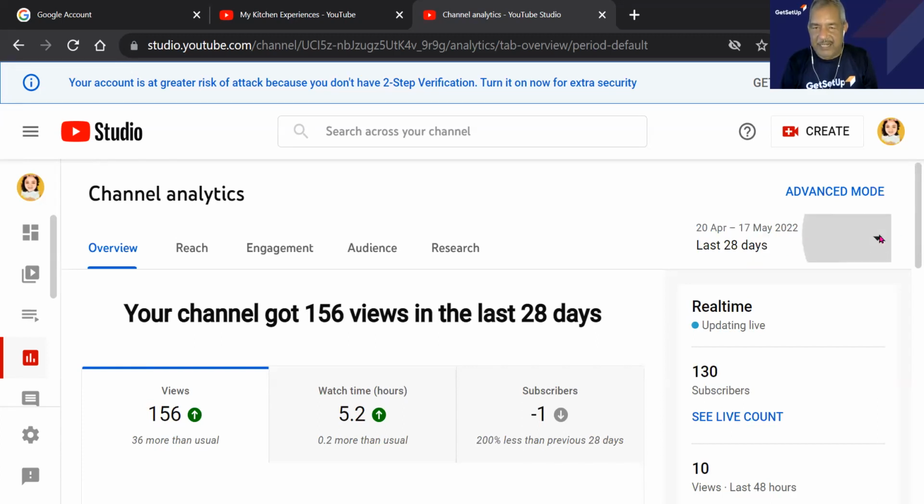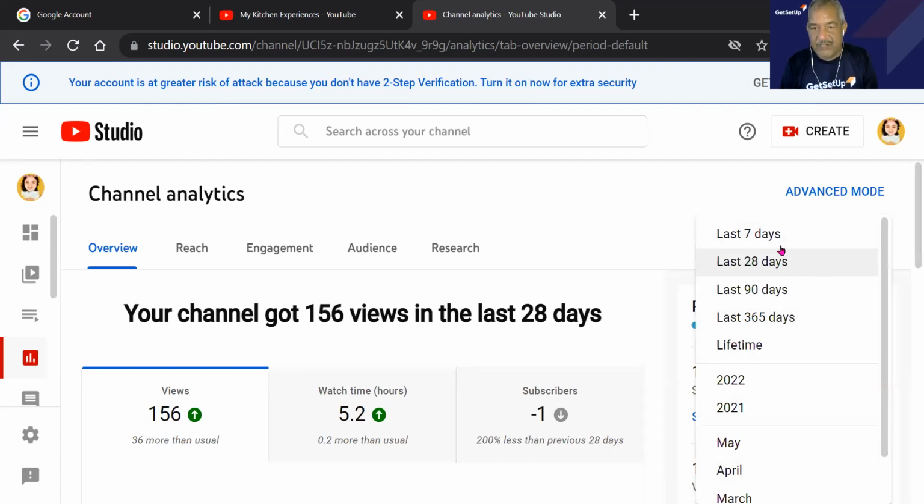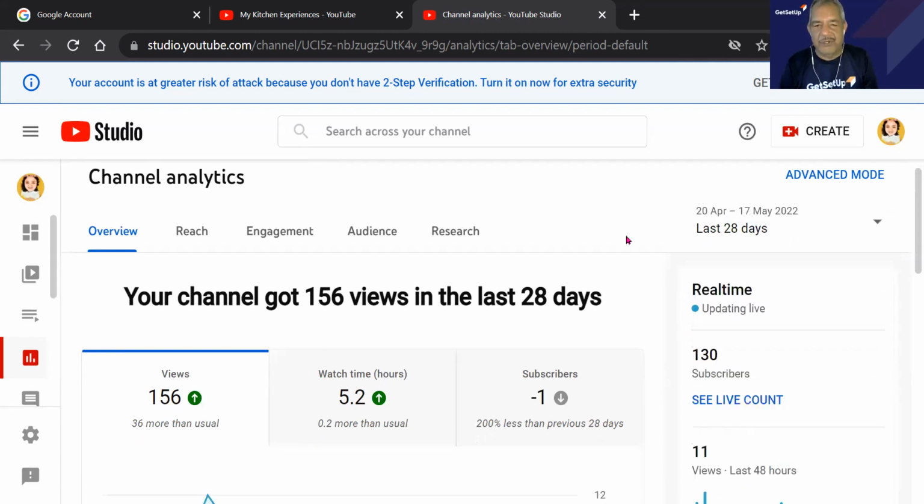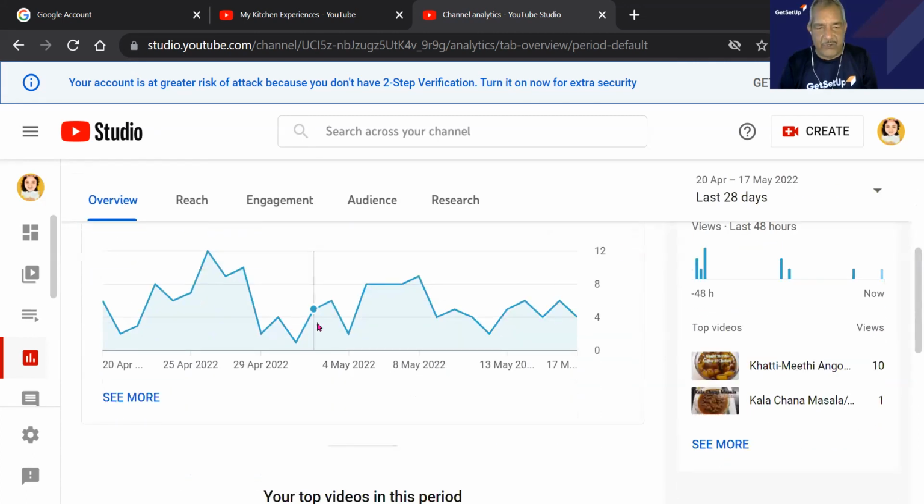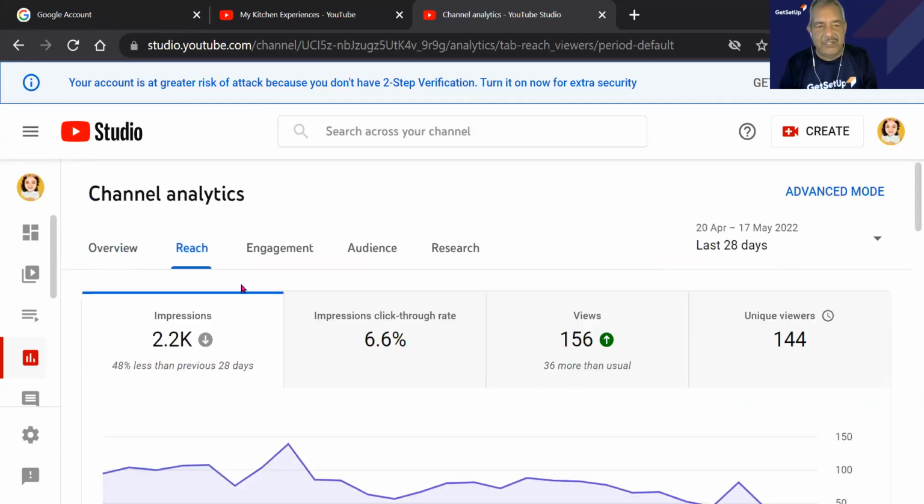We can do a drop down, and from whenever we had uploaded, we can check from those dates also. This is the graph, and day-wise it will give us the reach and the engagement.